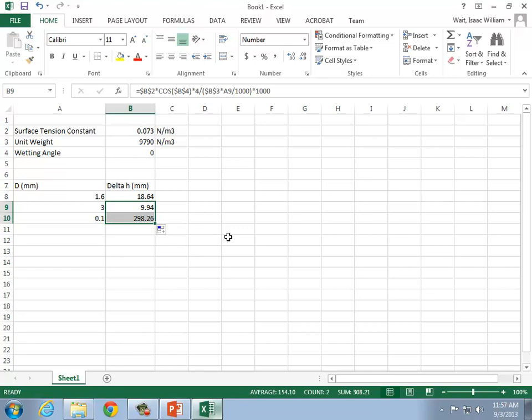Now, one interesting application of surface tension is in soil, actually. Are any of you taking soil mechanics this semester? When do you take that? Next semester? All right. Well, one of the things you'll learn in soil mechanics is that the voids between soil